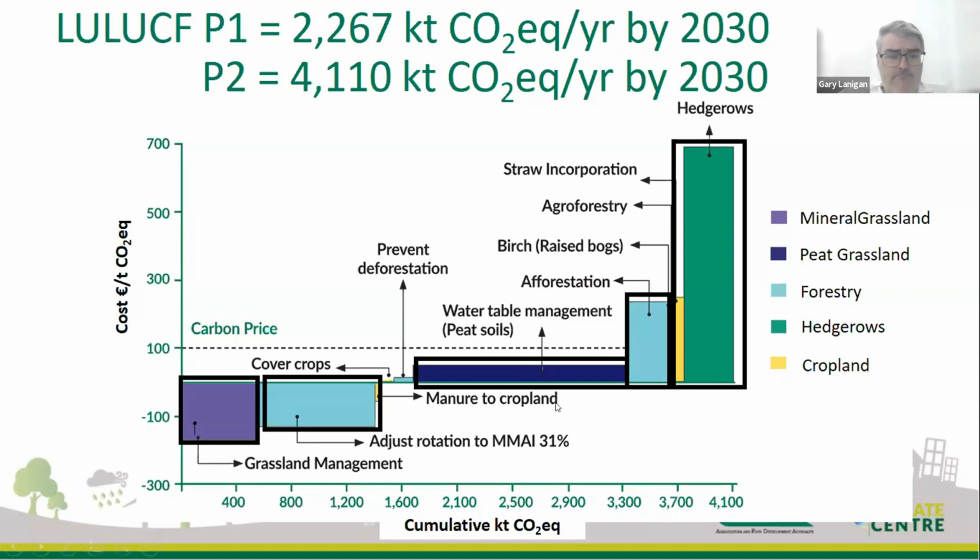And then the one thing that does come out of here is how little mitigation afforestation can do to 2030. So afforestation is going to be incredibly important for reaching climate neutrality by 2050. But because we've had very, very low levels of afforestation up to now, over the last 3 years we've been averaging somewhere in the region of 2,500 hectares of afforestation per annum. So afforestation out to 2030 will deliver very little mitigation, about